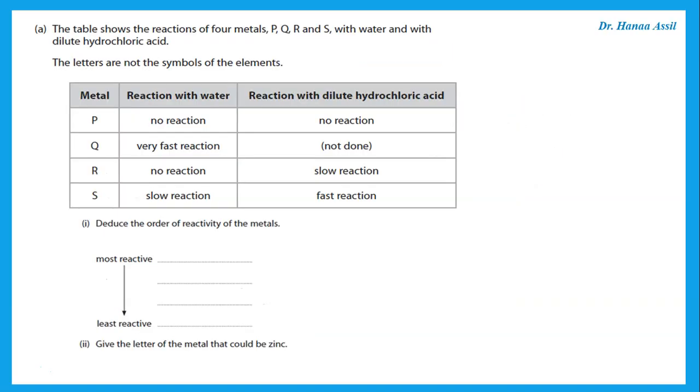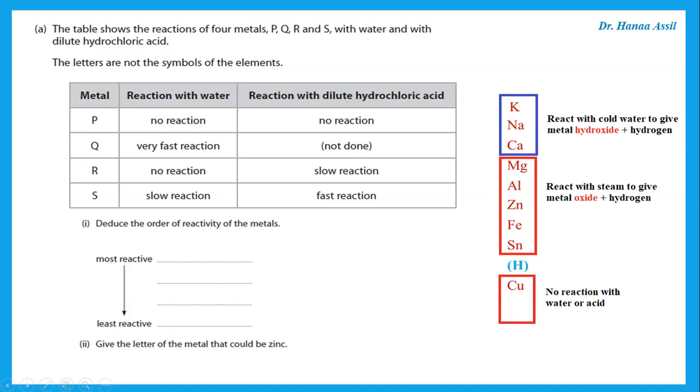The table shows the reactions of four metals, P, Q, R, and S, with water and with dilute hydrochloric acid. Now, we are required to deduce the order of reactivity of these metals. You should remember that the reactivity series includes the more reactive metals on top. Any metal more reactive than hydrogen would react with acid. And the very reactive metals react with cold water, while the less reactive metals would react slowly with cold water